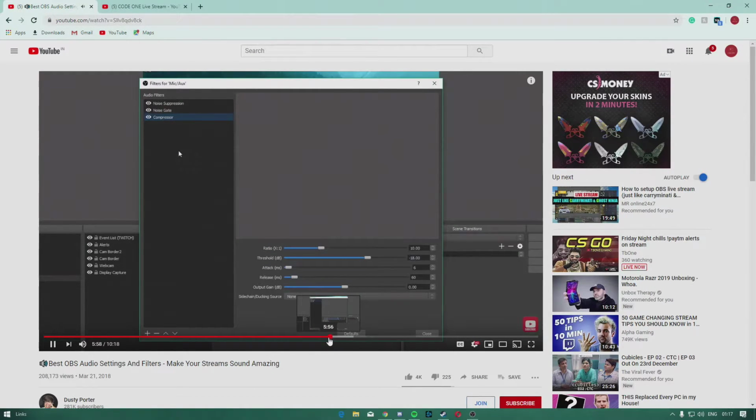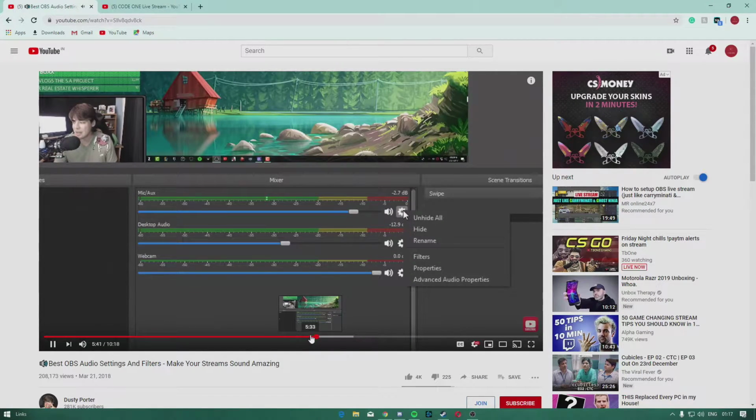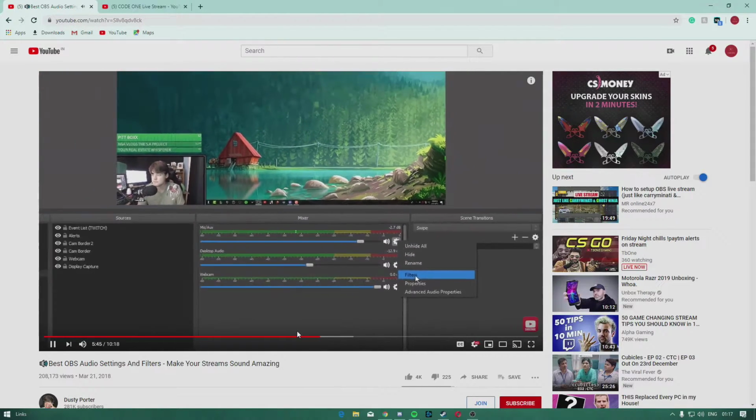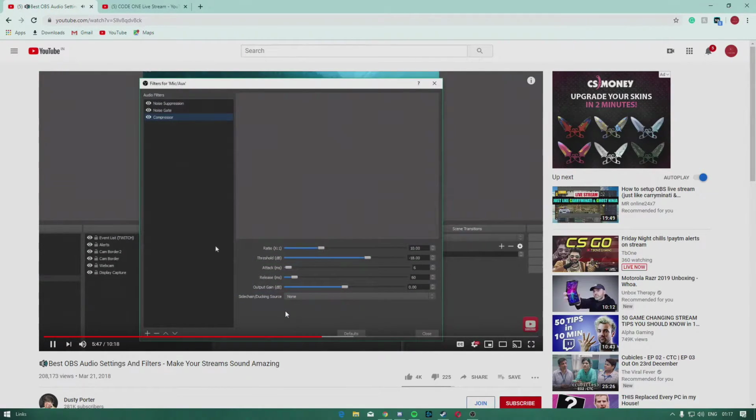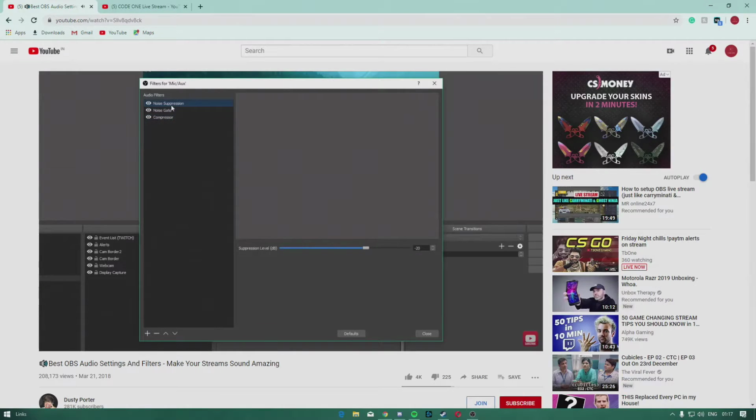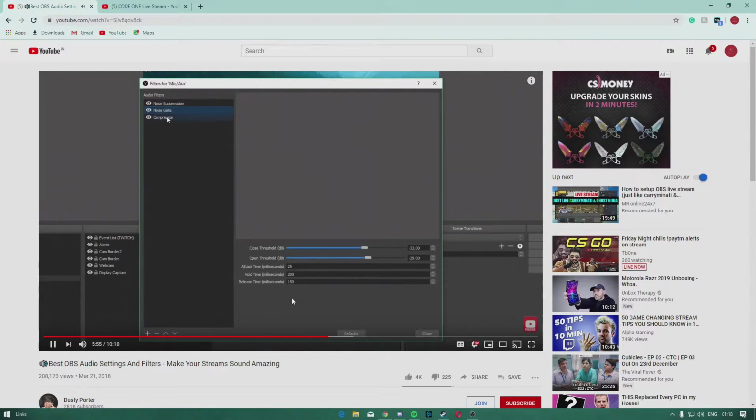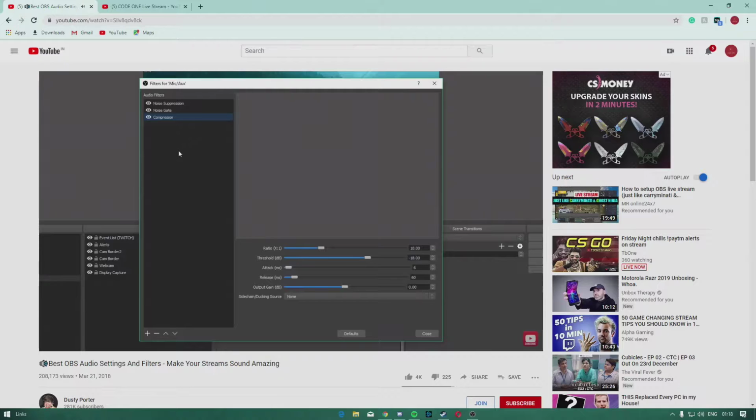We click the gear icon or the little cog wheel or whatever you want to call it, and then go down to filters. If we click on that, you're going to see that I have 3 separate filters applied to my microphone. I have a noise suppression, I have a noise gate, and I also have a compressor. Now, I'm not saying you need to go out and add all of these. It's going to be a case-by-case basis, again, up to your